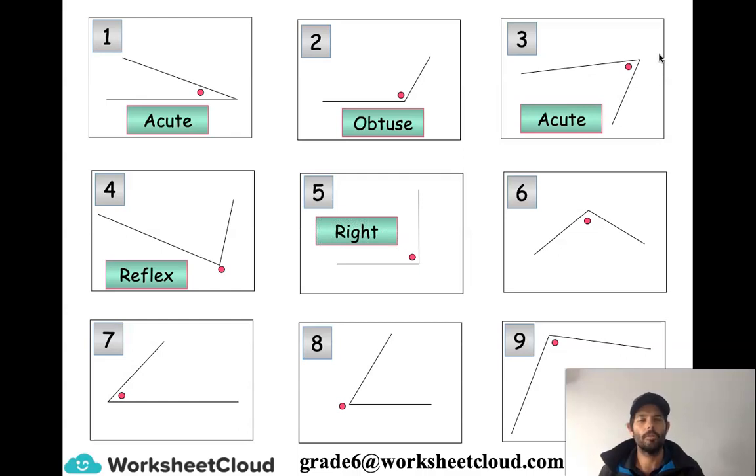Some of you might have argued, but there's no square indicating the right angle, so perhaps technically you are correct, but my hope is that you could identify that one line is horizontal, one line is vertical, and they meet at a right angle. 6 would have been obtuse, it's a little bit bigger than 90. 7 acute, 8 reflex, and I think 9 is going to be maybe hidden from you, but that number 9 would have been obtuse.